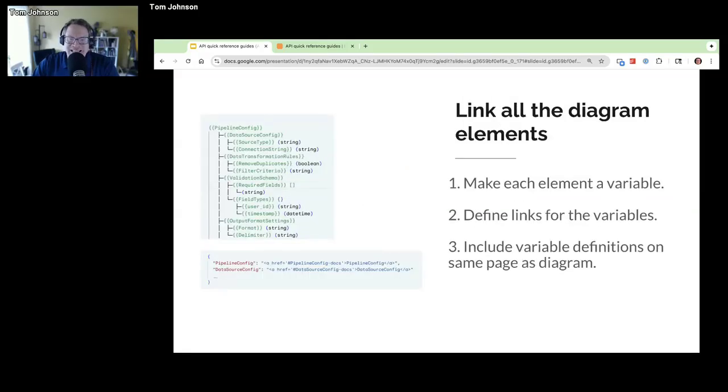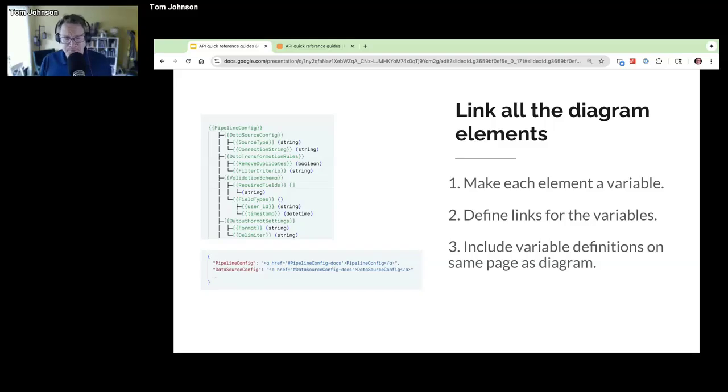All right. Now the second part, once you've built the representation of the API diagram, is to link all these elements, and again, could be hundreds of elements, to the appropriate section in the reference documentation. And this, again, is a sort of Herculean feat that the tool will often do with varying degrees of success, depending upon how clear the links are, perhaps in